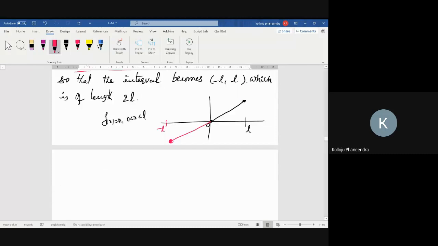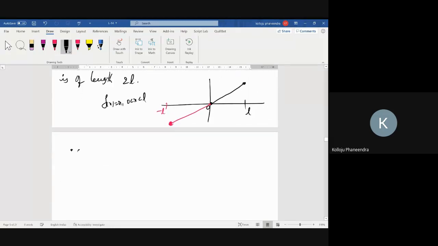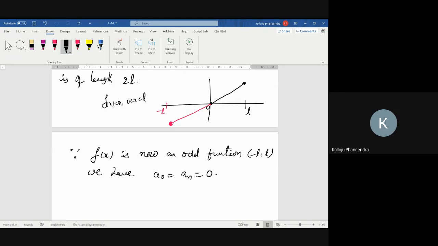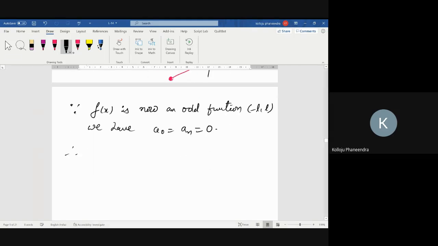Since f of x is now an odd function in minus L to L, a0 and an are both zeros. Therefore, the Fourier series of f of x is f of x equal to summation bn sine n pi x by L, n from 1 to infinity,